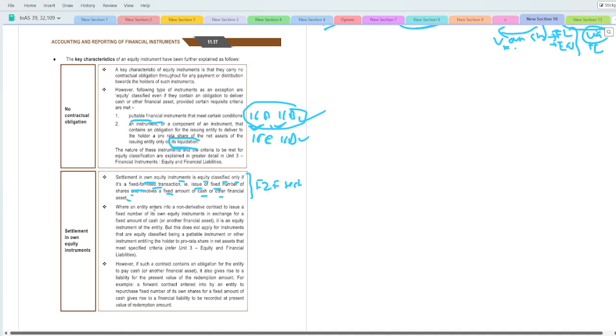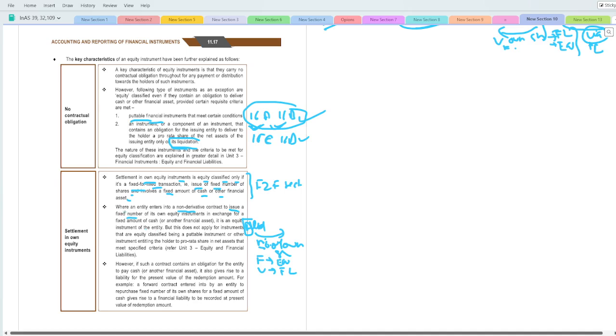And where an instrument, where an entity enters into a non-derivative to issue a fixed number, so that means जब आपका आउटफ्लो हो रहा है, ठीक है, ये आपका ओन लिमिटेड है, और यहाँ पे आपका जो नंबर ऑफ शेयर्स है ओन शेयर्स हैं अगर फिक्स्ड है, फिक्स नंबर ऑफ शेयर्स है तो फिर ये इक्विटी इंस्ट्रूमेंट कहलाएगा, अदरवाइज अगर ये वेरिएबल है तो आपका ये फाइनेंशियल लाइबिलिटी कहलाएगा। तो डिलीवर, ठीक है, यहाँ पे डिलीवर है, so fixed number of its own equity instrument in exchange for the fixed amount of the cash, so it is an equity instrument.